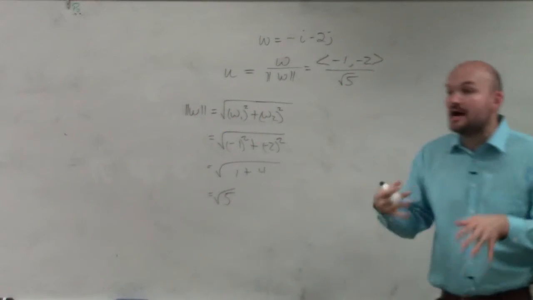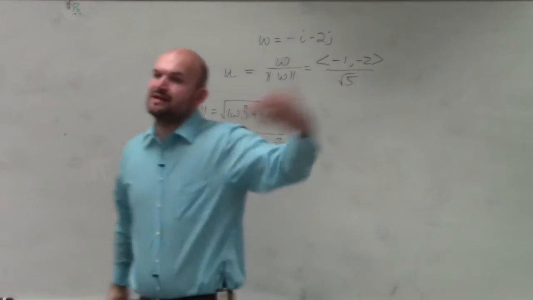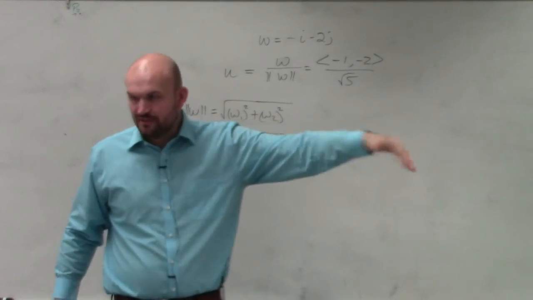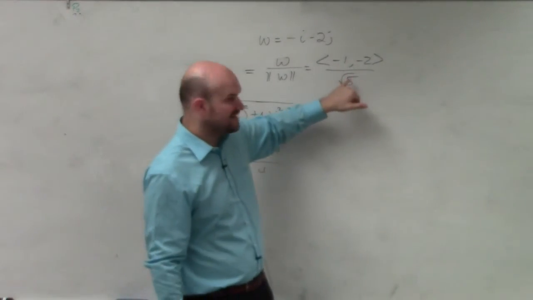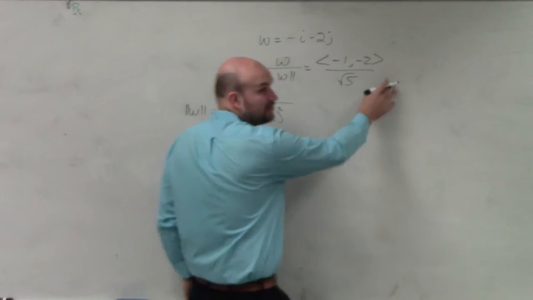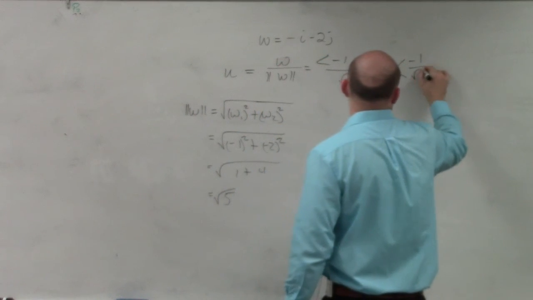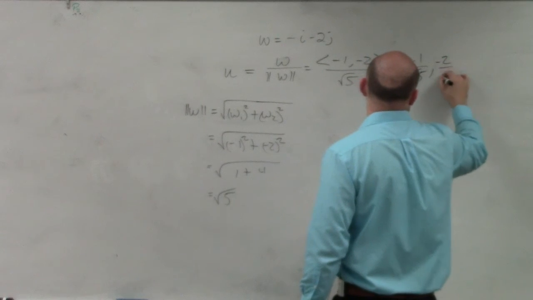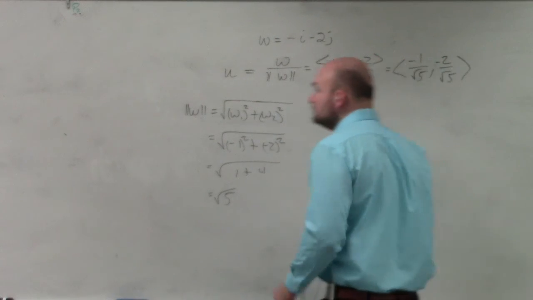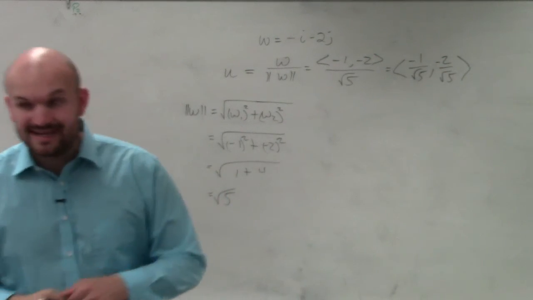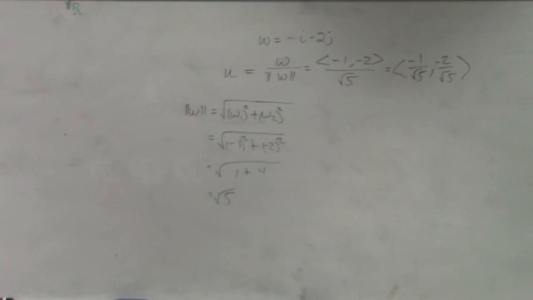Square root of 5. Now, last class period, I showed you how you could rewrite that as a multiplication of a fraction. I'm just going to show you here, guys. This basically can divide into both of those. So therefore, my final answer would be -1 over the square root of 5, comma, -2 over the square root of 5. OK? And again, if you are unsure if you did it correctly,